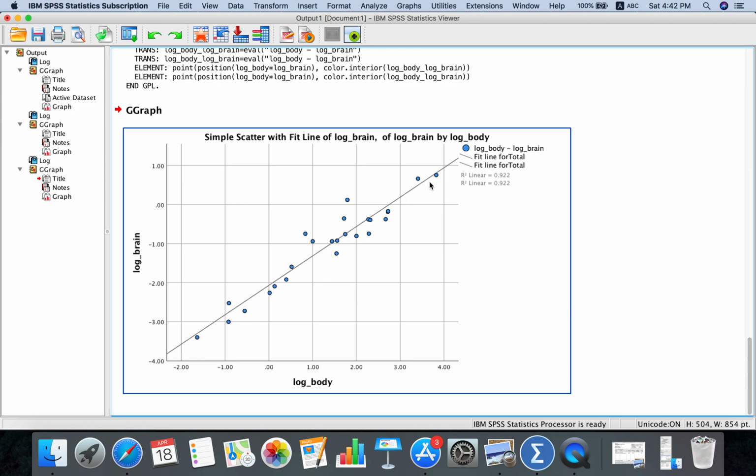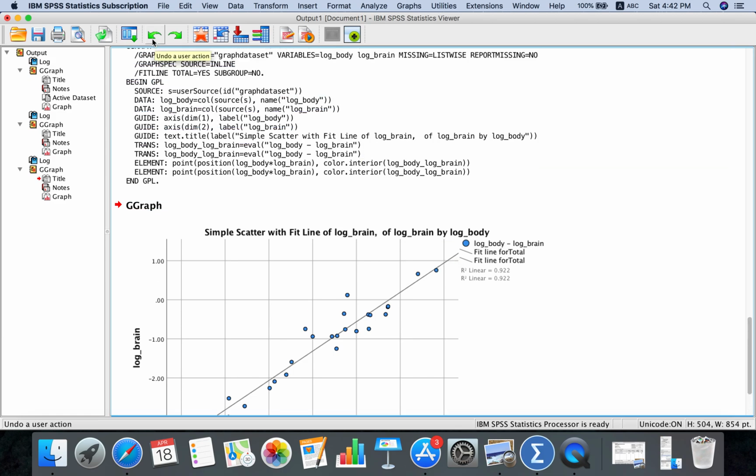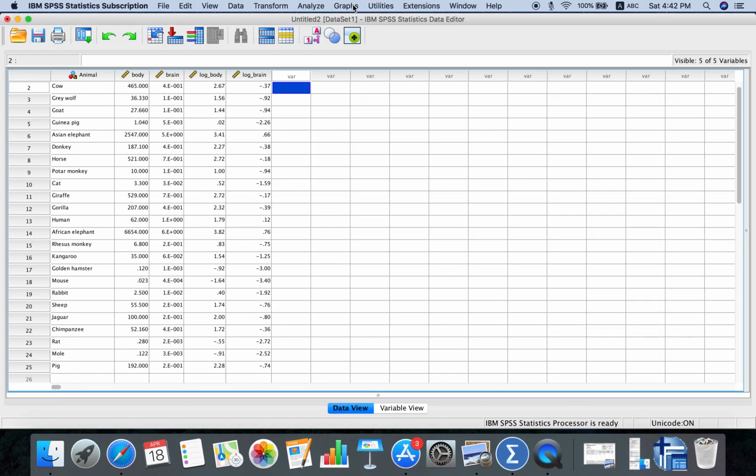The linearity seems to be a good fit for the data, right? So once we have this preliminary exploration, we feel that the linear model is a proper model for modeling our data. So in that case, we can straight away go to more inferential statistics,